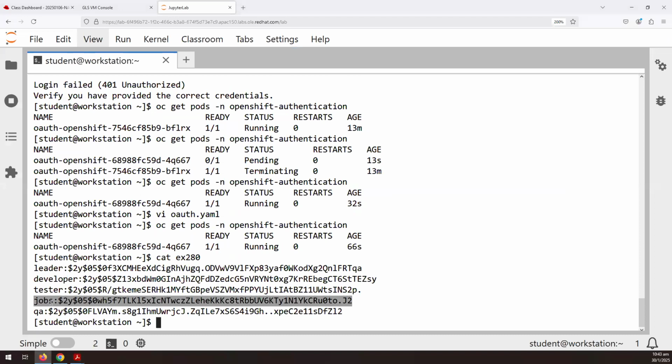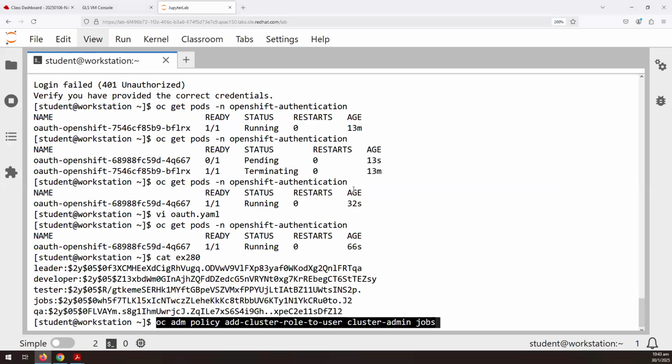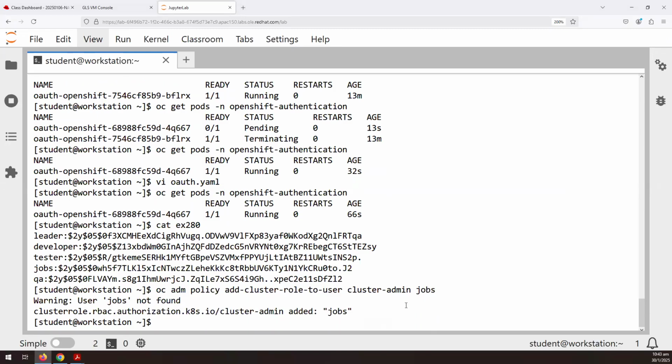So this jobs user, I'm giving admin access. So oc adm policy add-cluster-role-to-user cluster-admin jobs. So I'm giving the cluster admin role to the jobs user, right? That is one. You can ignore this warning because we have not logged into the jobs account. That is why it is giving the warning. Otherwise, if you log in, you will not see this warning. So you have given the cluster admin role to jobs. Right? Next is